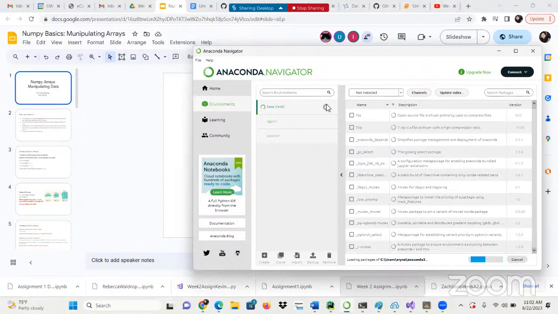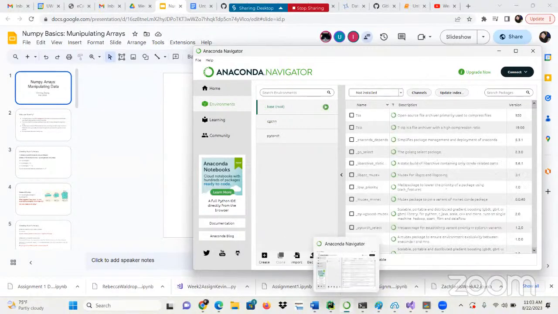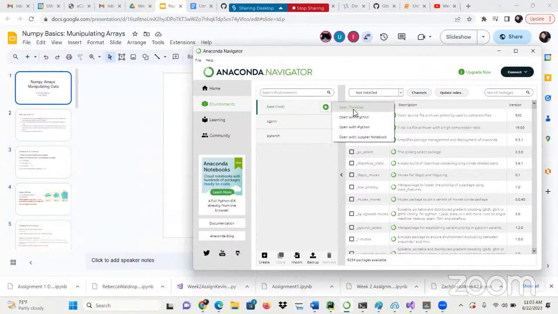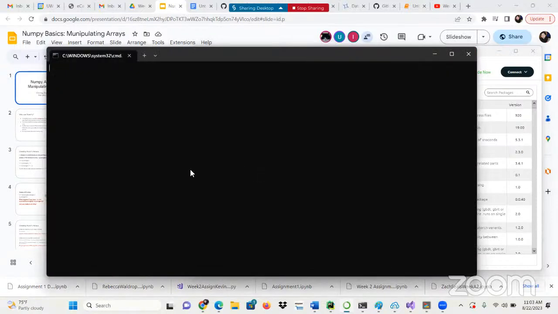You can start the environment here, and you can start the command line here. Please bear with me. You can start a terminal command line here, and then type in